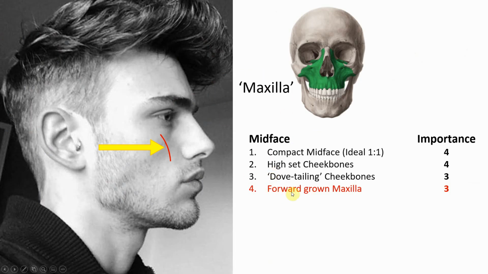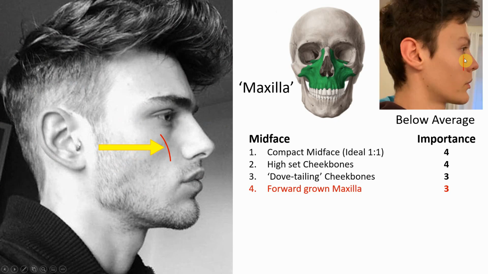So feature number 4 is a forward grown maxilla. So the maxilla is the bone in the middle of the face where the mouth meets the eyes. And in order to be attractive, this should be forward grown. So if we compare it to this man here, who I would consider having a below average maxilla, it doesn't provide very good support with the eyes, and overall it adds to facial flatness, which is usually going to be